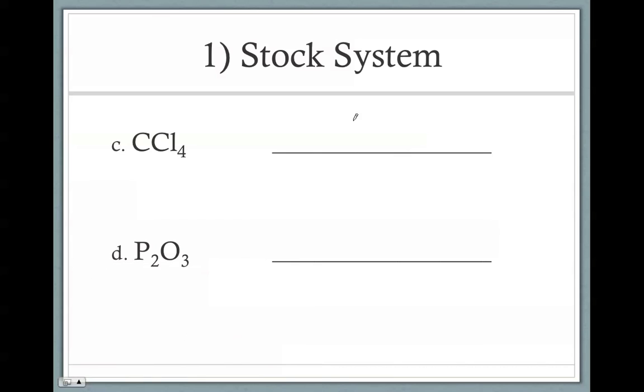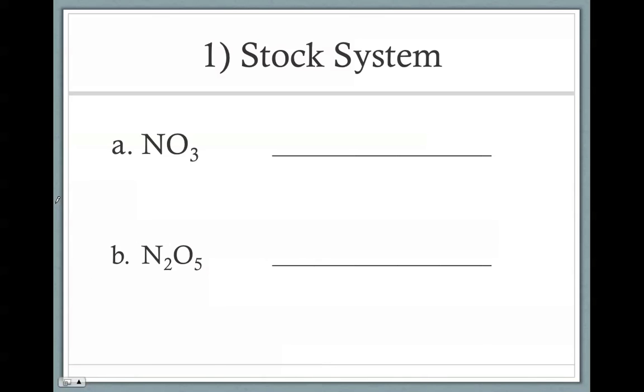So let me just change this to a pen. Go back to A and B. Here, oxygen, we know is -2. I have 3 of them, which is -6. If this needs to equal 0, this then is +6. I only have 1 nitrogen, so the entire +6 goes on to this nitrogen. So I'm going to have my nitrogen, the charge on the nitrogen, which is +6, so it'll be a VI to give me 6, and then